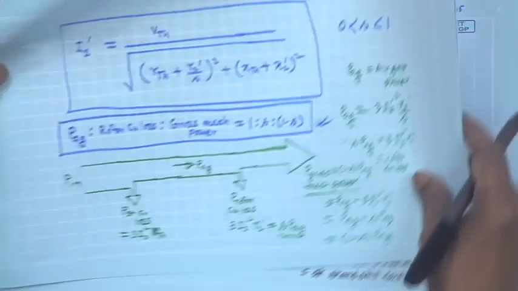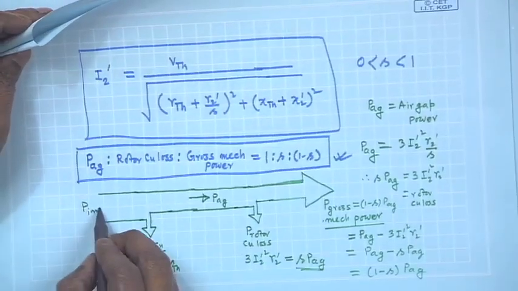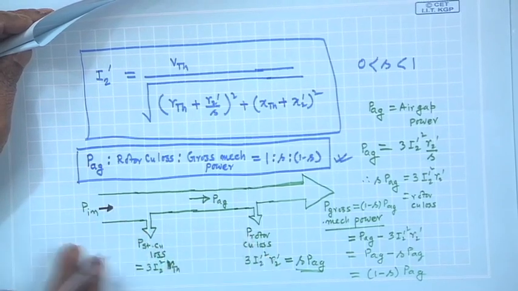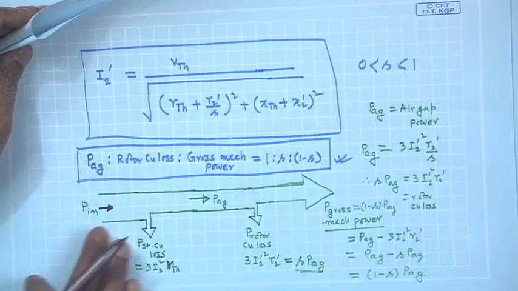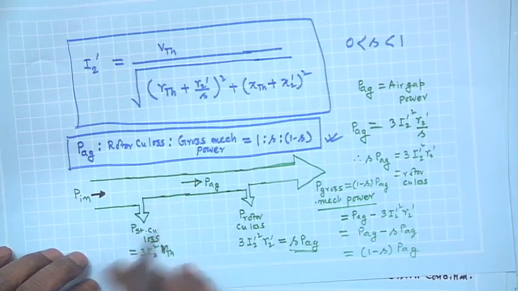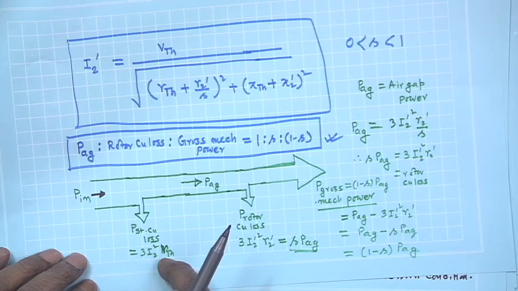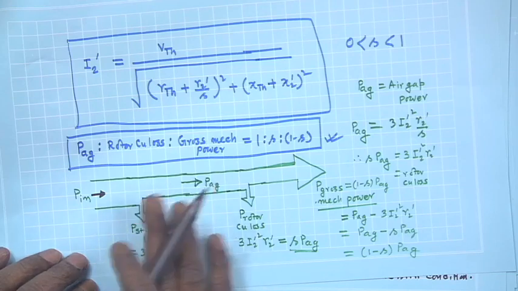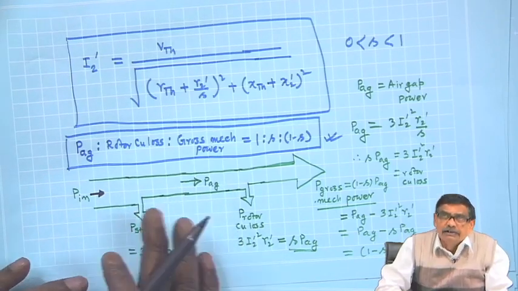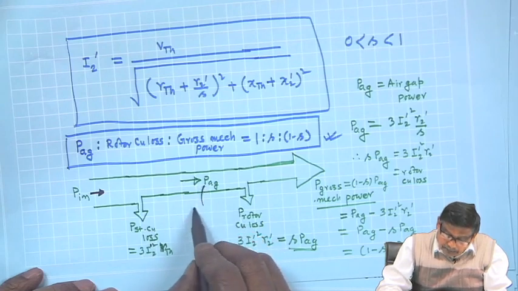Last time we told you that you are giving some input power drawn from the supply, out of which a portion will be lost in the stator coils as stator copper loss, 3 I2 squared R Thevenin. Then the rest of the power is as if crossing the air gap and entering into the rotor. That is why it is called air gap power,